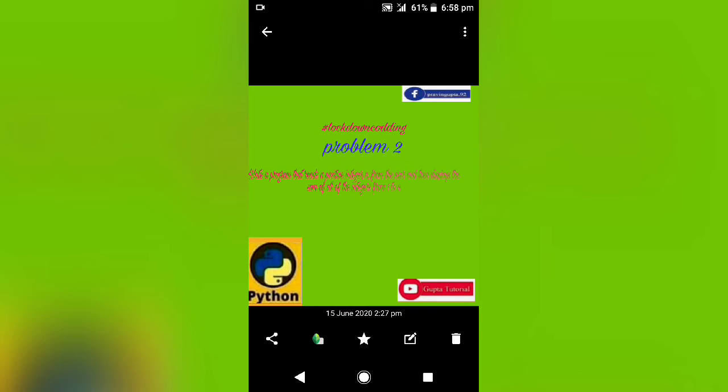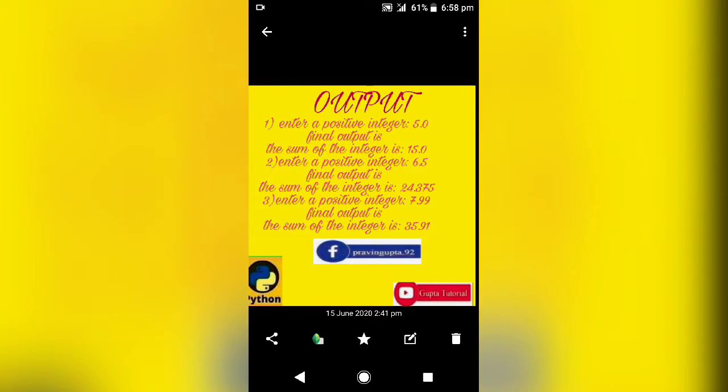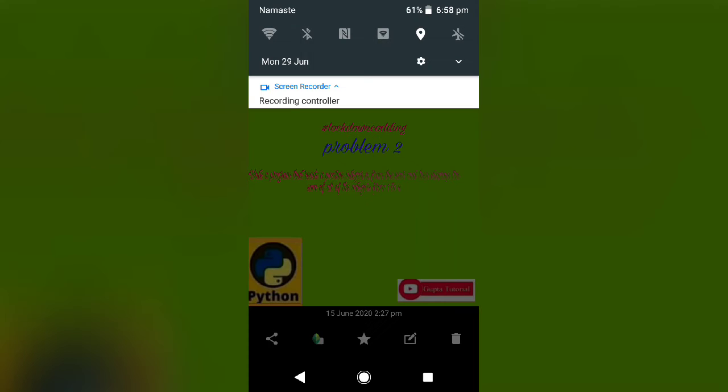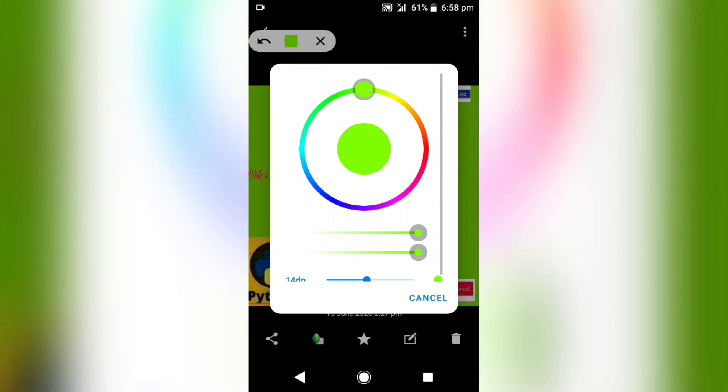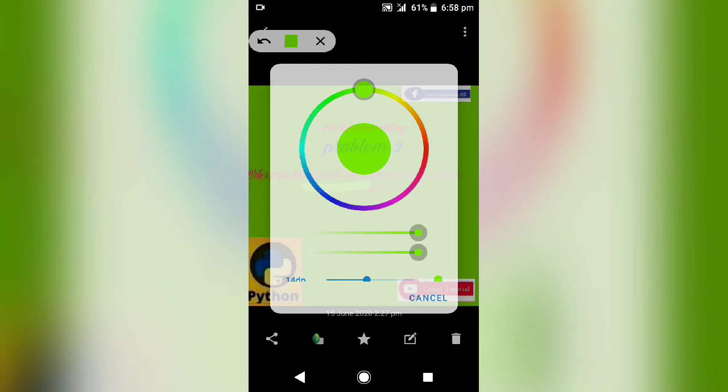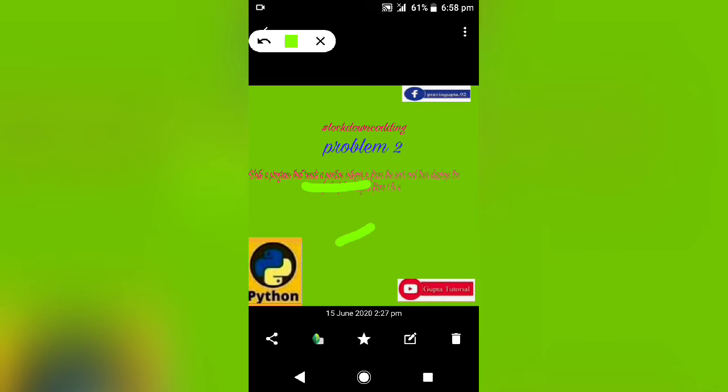Here you have clearly seen: read a positive integer. Positive integer means not the negative part. You have not written the negative part, you have to read the positive part only. That means 1 to n. So you have to be clear about this.